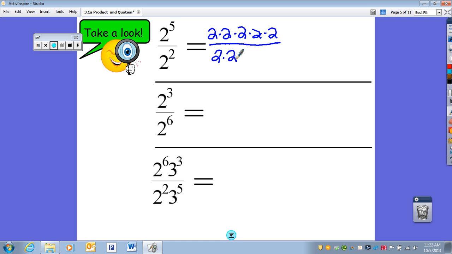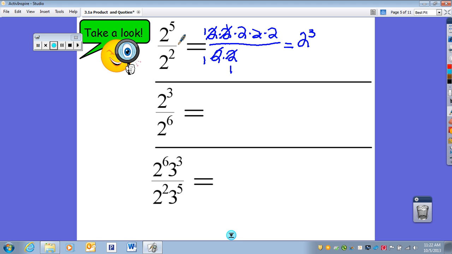Now, if you recall, we can simplify something in the numerator and something in the denominator, because a fraction really means division. So we're going to simplify 2 divided by 2, and 2 divided by 2 is 1. So what I have left in the numerator is three 2's, which can be written as 2 to the 3rd